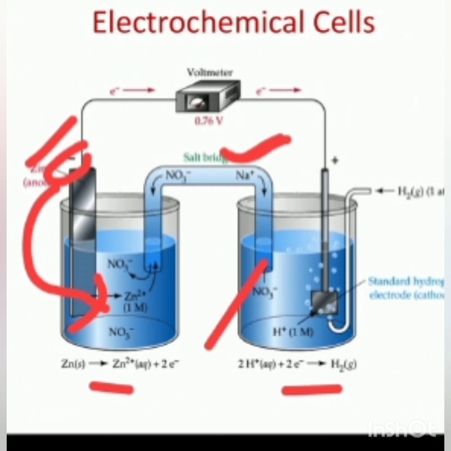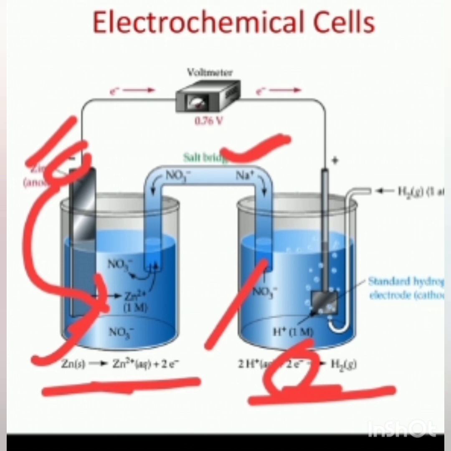Here, oxidation will take place at the anode and reduction will take place at the cathode. Here the cathode is SHE, the standard hydrogen electrode. With the help of this electrochemical cell, we can measure